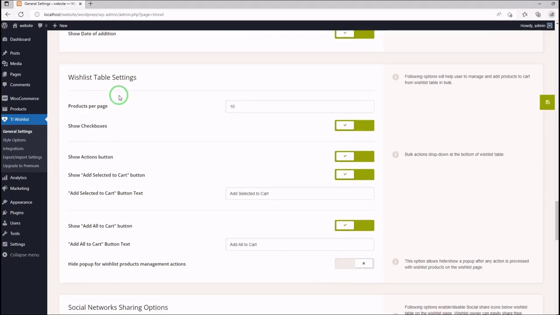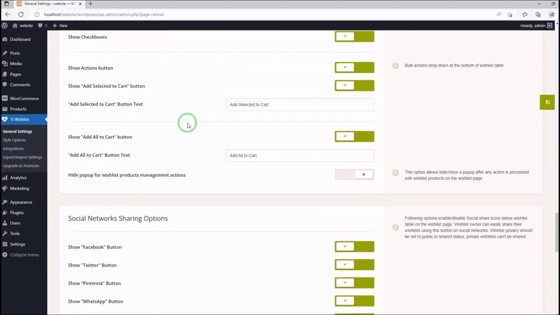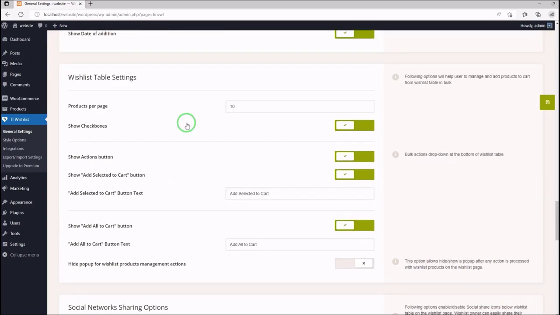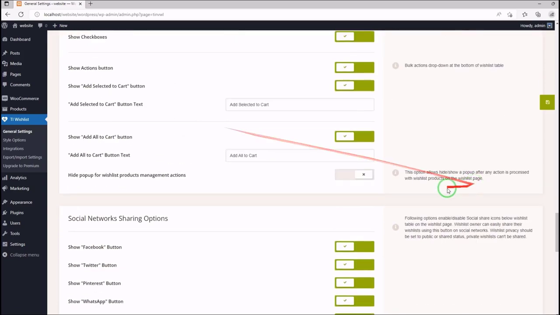And the next box is wishlist table settings. Until here we have lots of options that the plugin enables for us in the free version. This one is for the table settings, and you can check or uncheck each option you want to show on the wishlist table. And really the tooltip is very handy, but I think the location of the tooltip covers